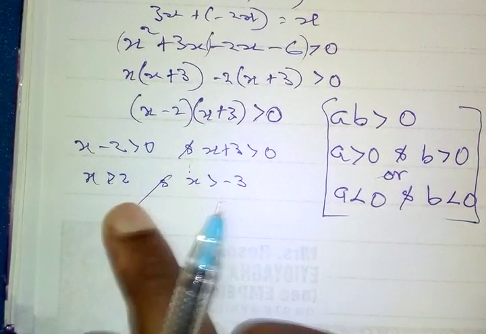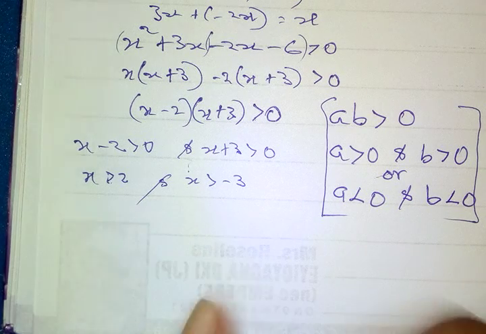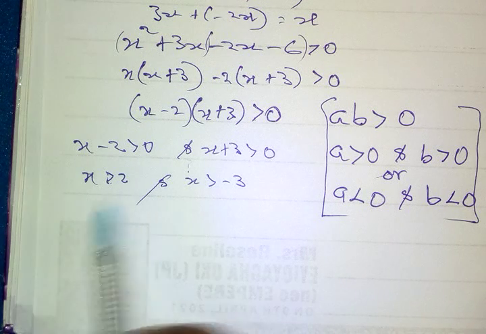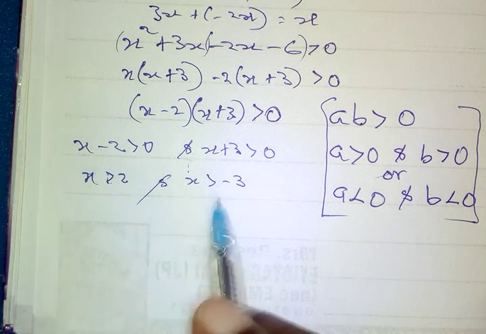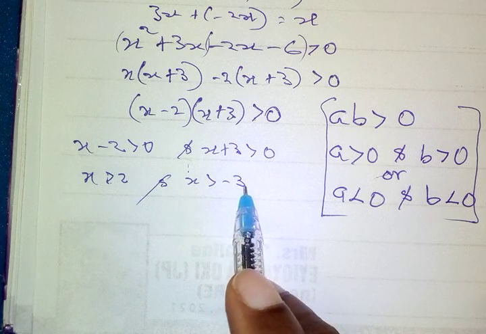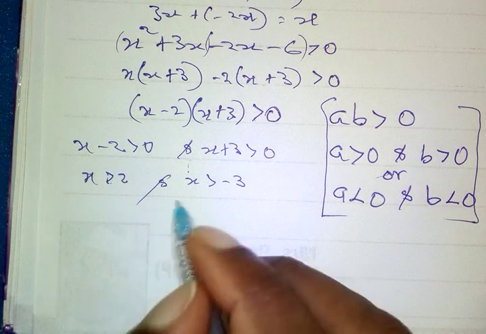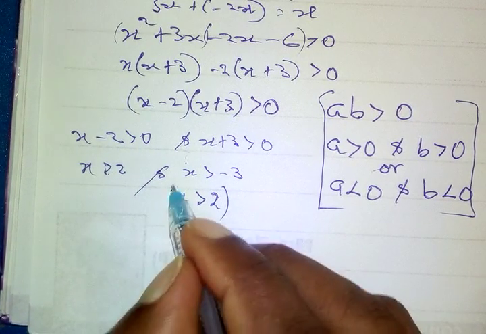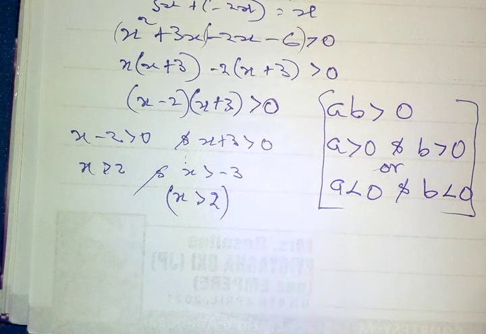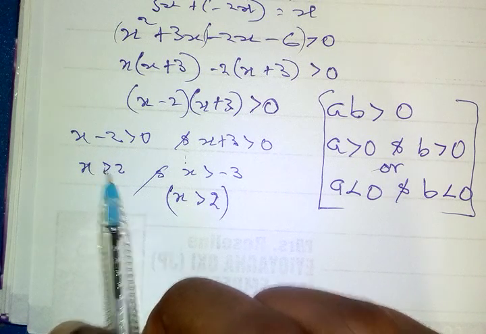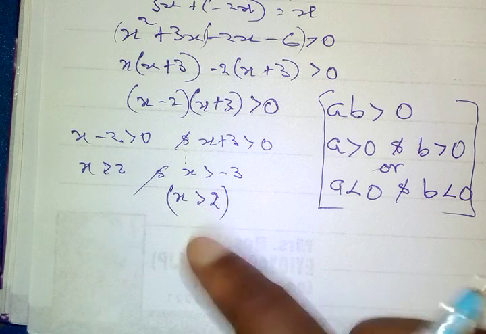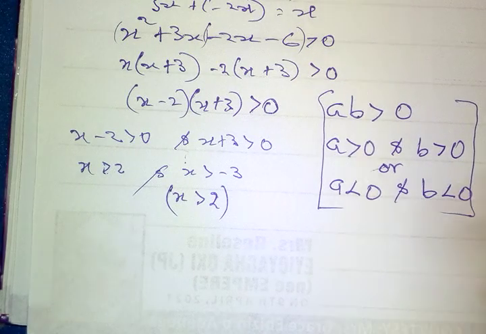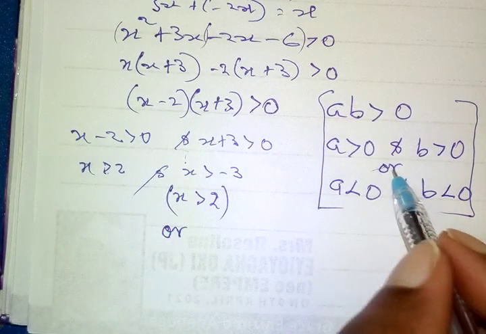Now, these two expressions can be written as one statement. Since x is greater than 2 and x is greater than negative 3, it simply means that x is greater than 2. Okay, we have just combined the first and the second statement into one statement, since x being greater than 2 also means that x is greater than negative 3. Now, or, remember, or